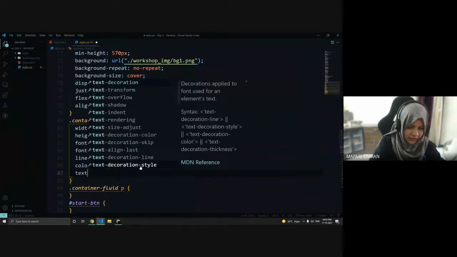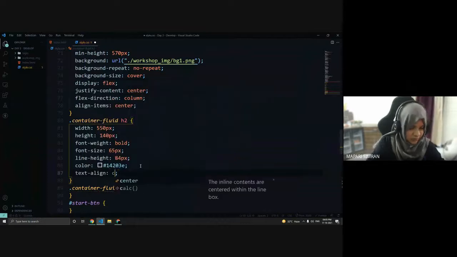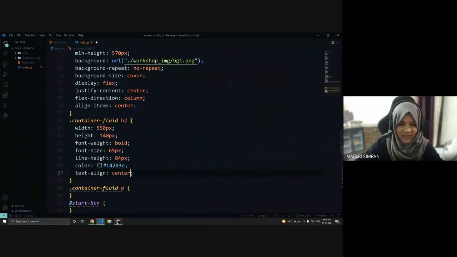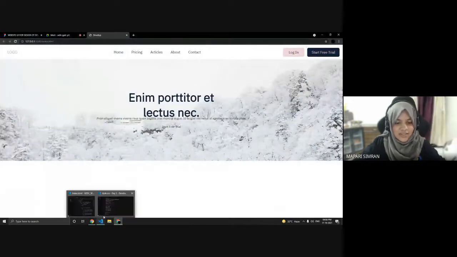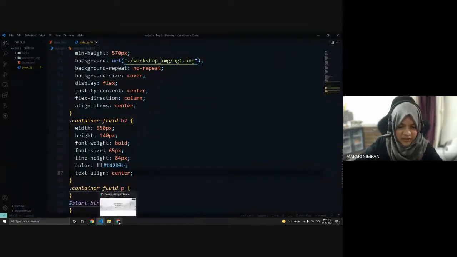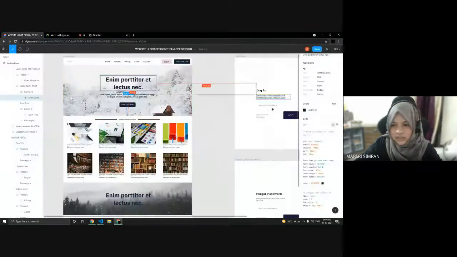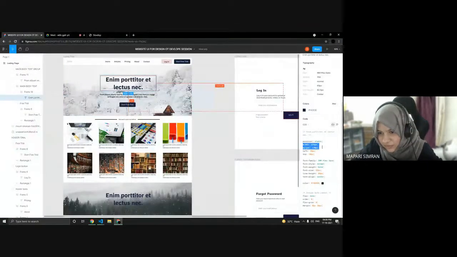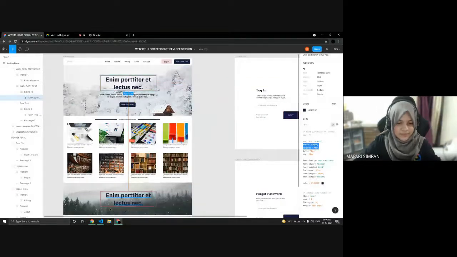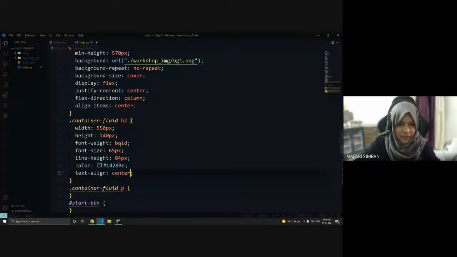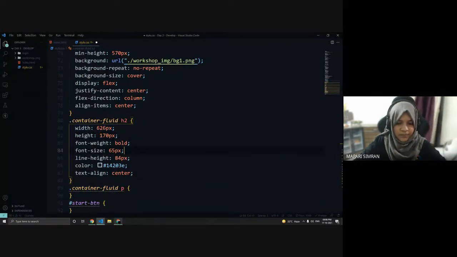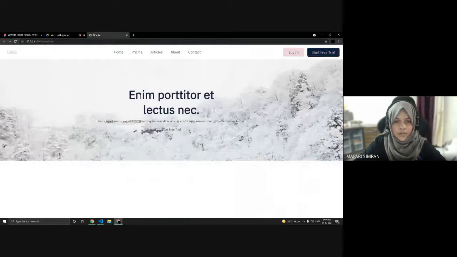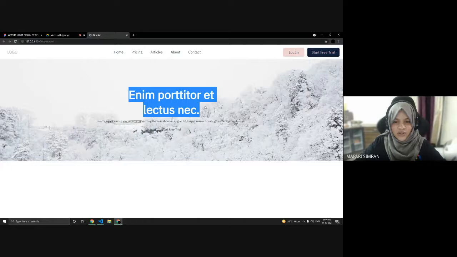I've removed that text align center from here. Let's give the width and height according to this only. It should work. Okay, now it's fine. So it's not an issue.